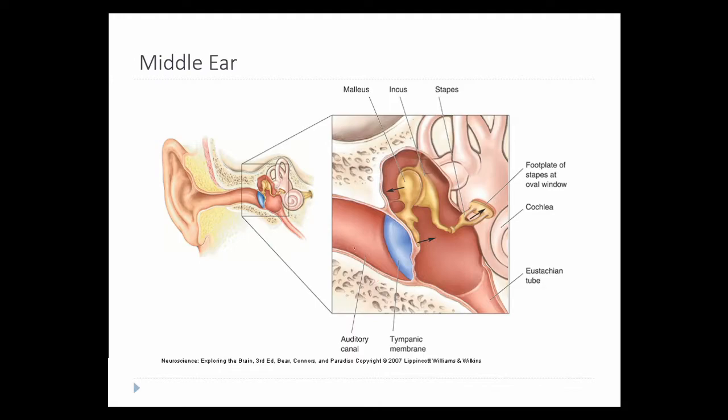And that lowered air pressure is going to affect the auditory canal first, and the eustachian tube is continuous with the pharynx, but it is sometimes closed. So there are muscles that allow it to close. Sometimes it takes a second for the air pressure to equilibrate, and in that time you'll have higher air pressure inside the middle ear than outside, and that is enough to press outward on the tympanic membrane